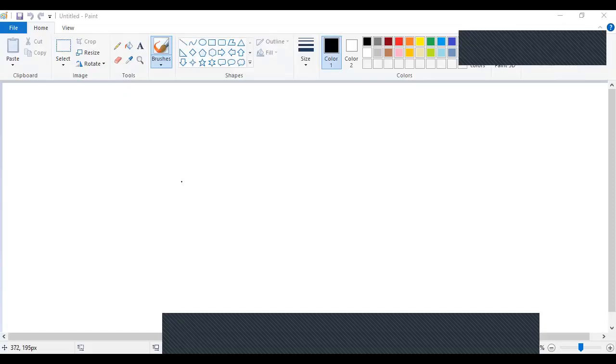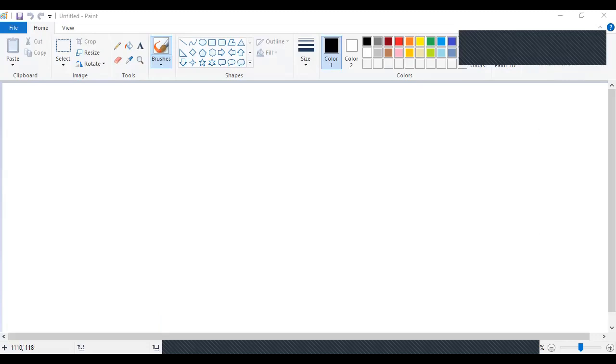Okay. So this white portion of the page is known as the canvas on which we can draw anything. And over here, all of these options are known as the toolbar, in which we have the different tools. We have different brushes, we have the shapes, we have the colors, etcetera, right? We have discussed a few things out of it. Now let's revise the shapes, and then we will move forward.